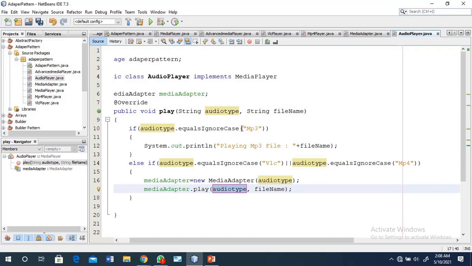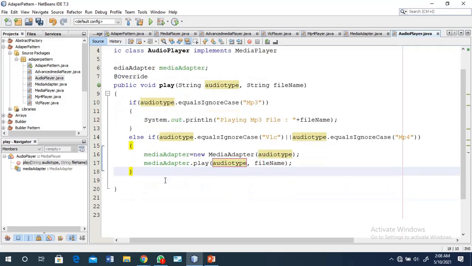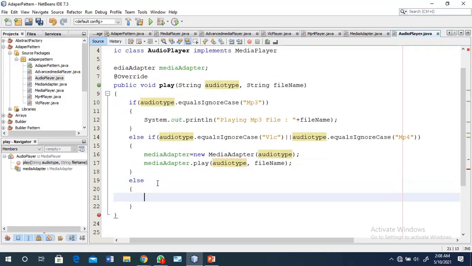Okay, so you have to write code in that way. Then after that, System.out.println, "Invalid media". You just write one message, invalid, if your input is not correct. Okay, so that is the main concept.